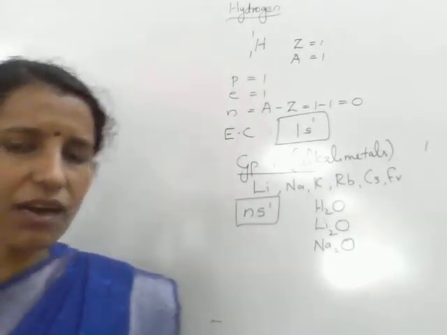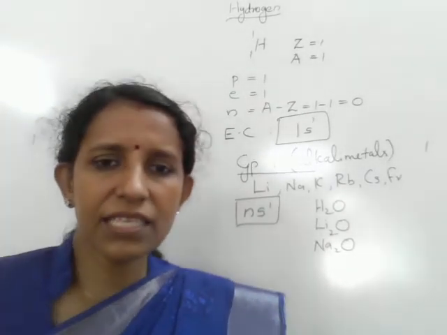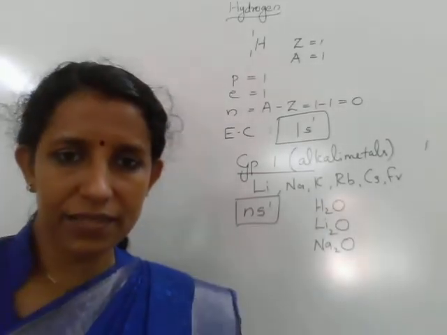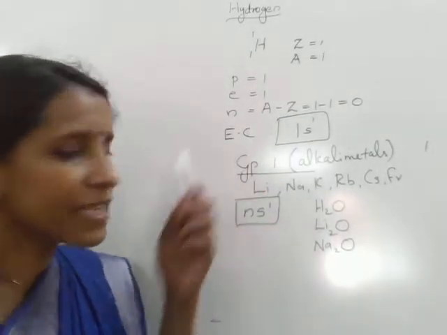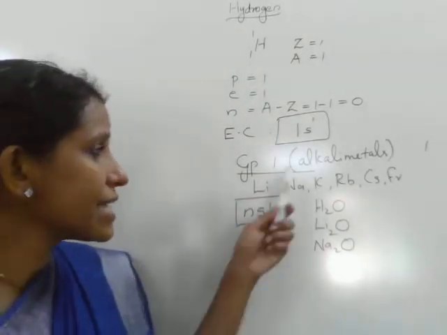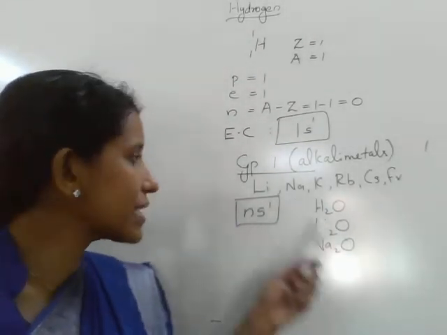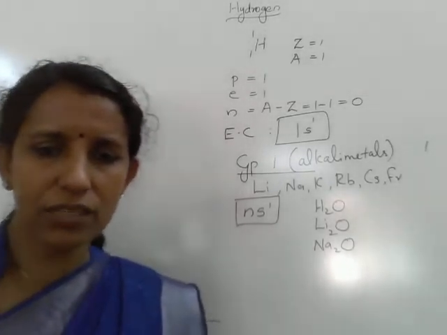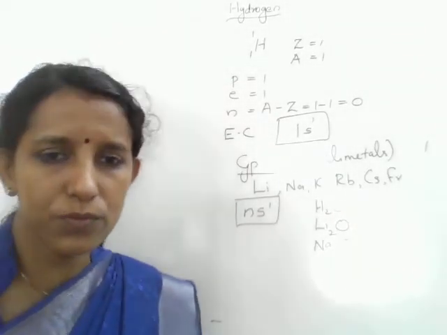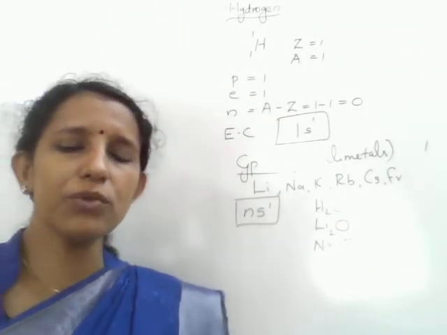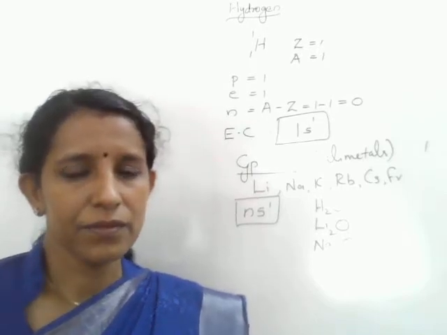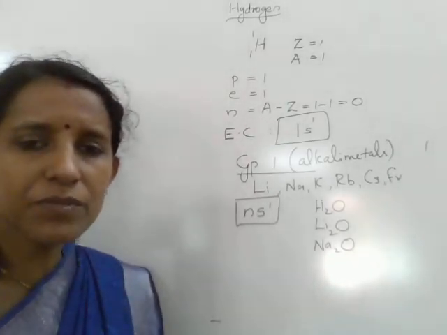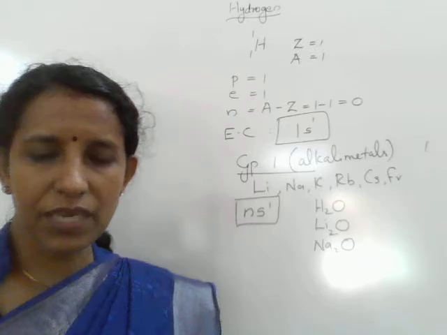But at the same time, there are some dissimilarities also. Hydrogen is different from group 1 elements. We know that all group 1 elements are metals, but hydrogen is not a metal. Moreover, the ionization enthalpy of alkali metals is very low because they have only one valence electron. They have a strong tendency to lose that electron. Their ionization enthalpy value is very low. But for hydrogen, the ionization enthalpy value is higher. So hydrogen cannot be included in group 1 because it is different from alkali metals in some of the properties.